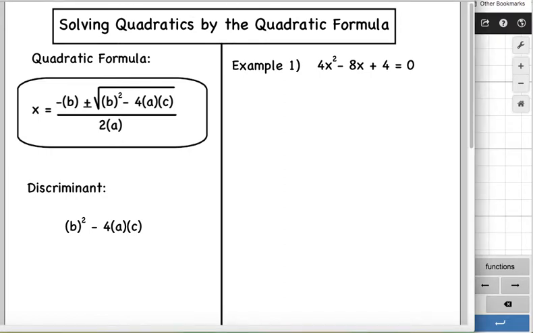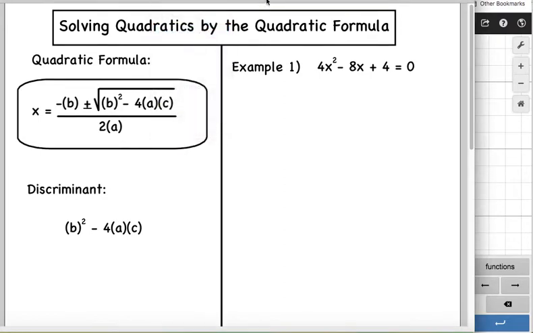So for example, this equation over here to the right is already all on one side and 0 on the other side. That's the first thing you need to do, is make it be like that. And then you identify your a, which is on your x squared, which here is 4, your b, which is with your x, and here the b value is -8, and your c, which is your constant, which here is